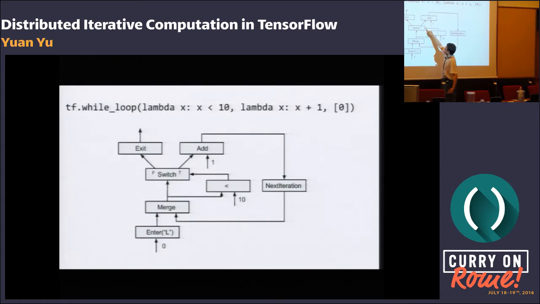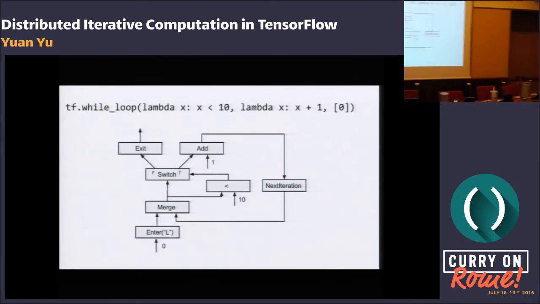The predicate tells the switch, and if it is false, we exit. If it is true, we do the add, and it comes back. And so the value flows here again. So this is a circular graph, a graph that contains a cycle.